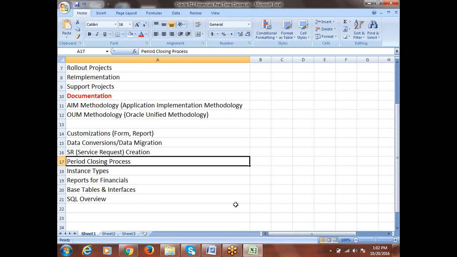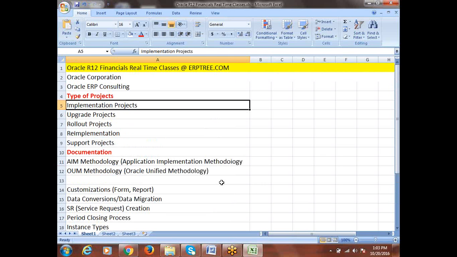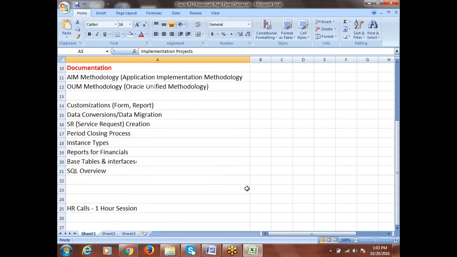Okay, not only in support, generally what happens is when you are doing the implementation, as per the contract we'll have with the clients or customers, the implementation takes place in, say, 1 year. That also we will be discussing. How many months or years the implementation takes and based on what parameters, those points we will also discuss when we talk about our implementation project process. Okay, that will be discussed at a detailed level.